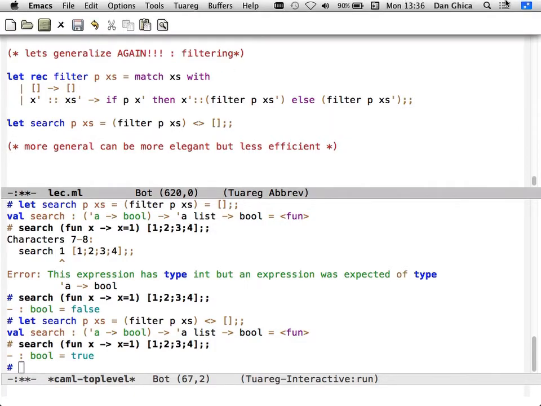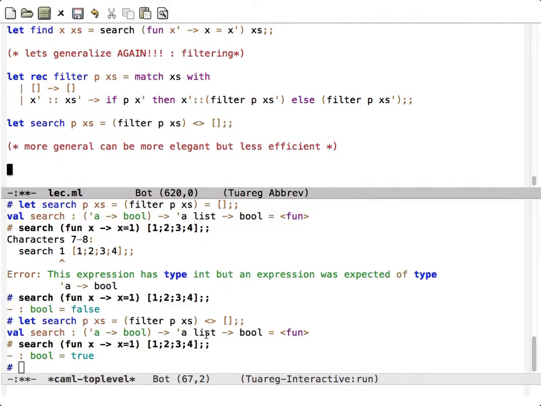Okay, let me see. Okay, we have plenty of time. Yeah. So now,